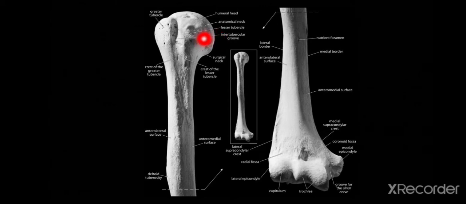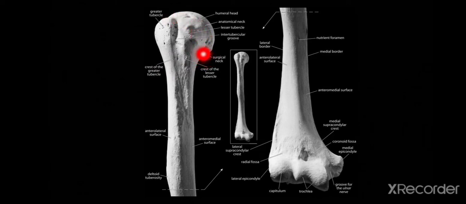Coming to the neck, humerus has three necks. The anatomical neck, which is at the constriction of the head. The margins of the head form the anatomical neck, whereas the surgical neck is present below the lesser and greater tubercles at the constriction of shaft over here. And a morphological neck, it is the junction of the metaphysis and diaphysis. It is the true junction of the head and shaft.